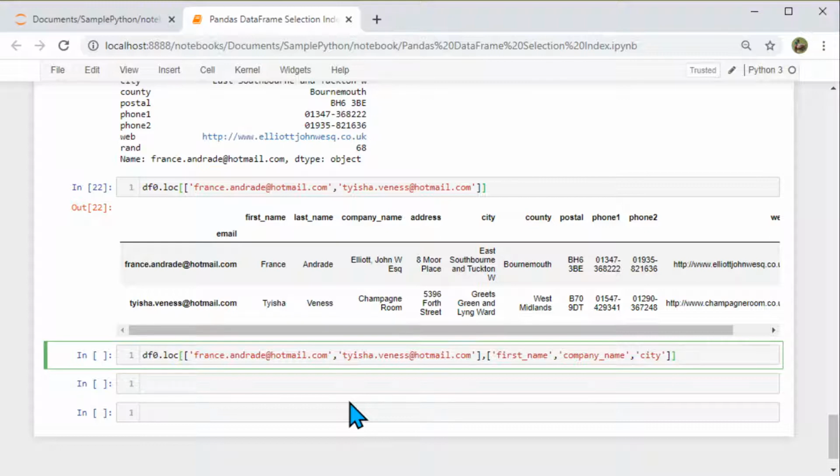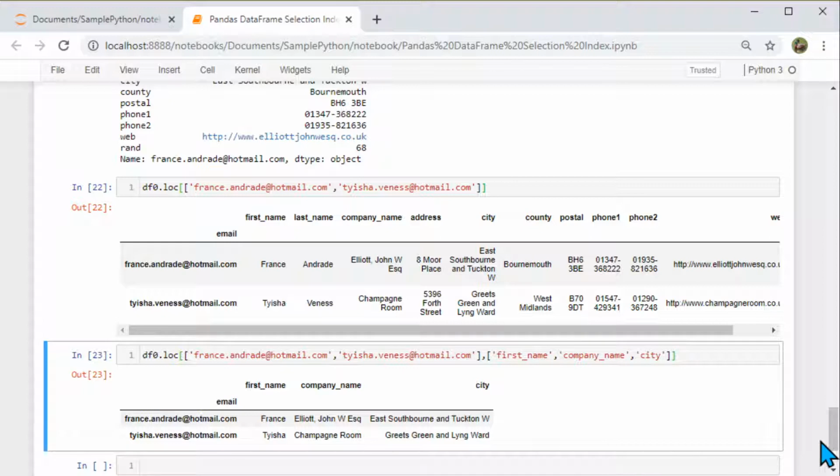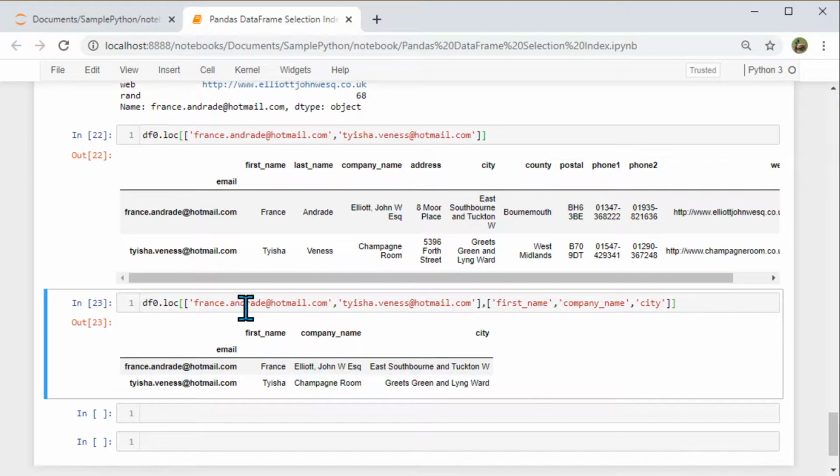If you insert a new column and you're passing an integer as a parameter, then you lose all those positions. So it's always better to use loc if you know your file structure is going to change. Now let's execute this command, and you see these two email IDs and only three columns, which are first name, company name and city. Of course email ID always shows up because that's part of the index.